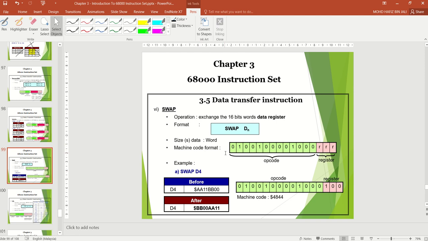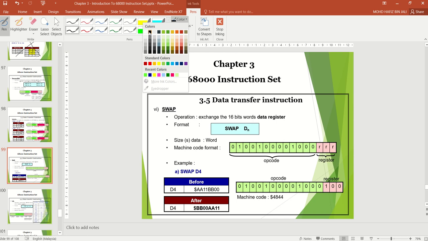Swap exchanges the 16-bit words of a data register. So the upper word and lower word just exchange.